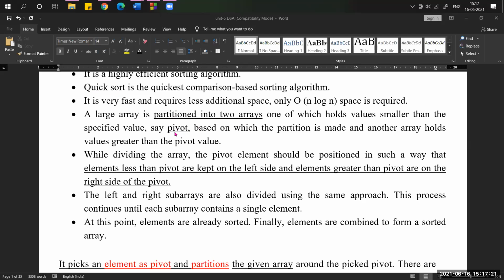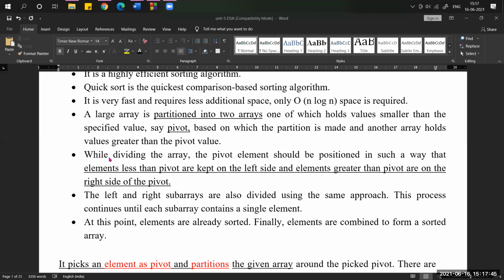Based on the pivot element, you need to partition the array into two arrays, the left part and the right part.